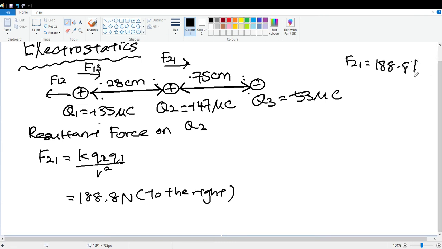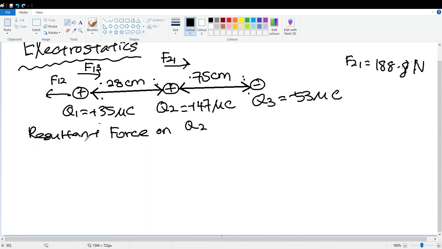188.8 Newton. Alright, so this is F21. So what about F23? Let me just erase this one. So for